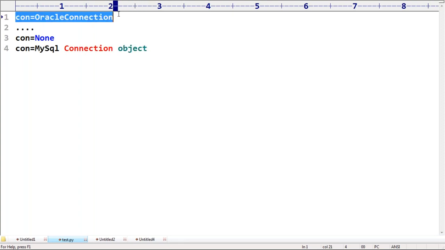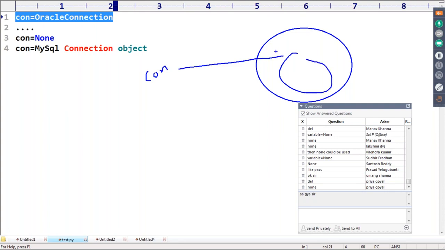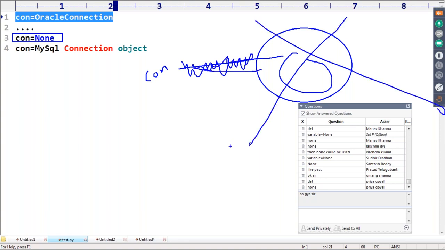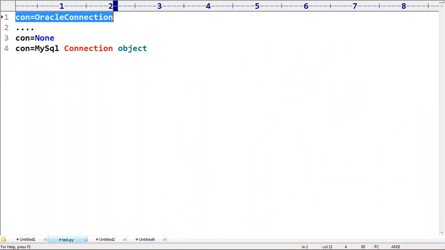At this line, con is pointing to the Oracle object. Whenever I'm taking con is equal to None, boss, just this link will be gone. This object is eligible for garbage collection. Next, the con variable is there. Now it is pointing to the MySQL connection object. Now onwards this con is pointing to this one.